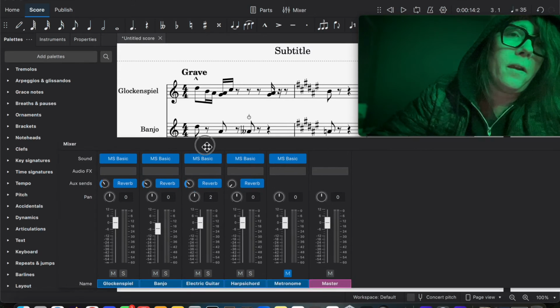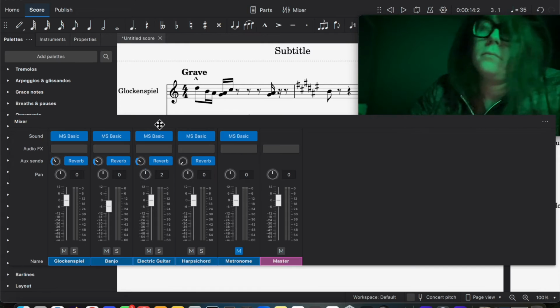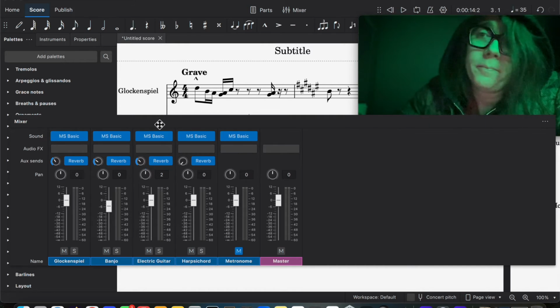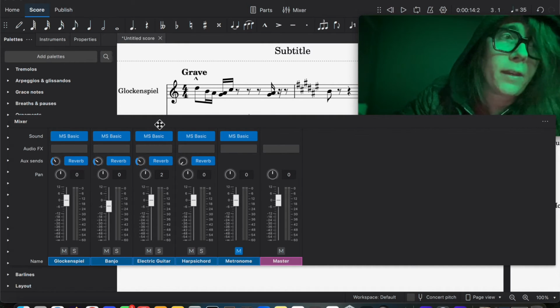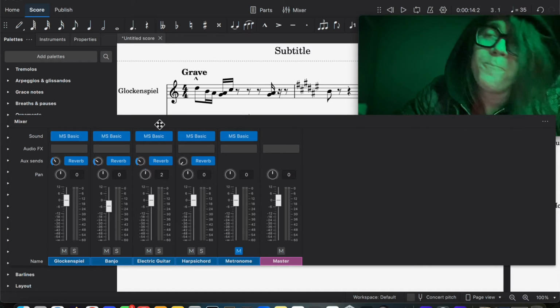Now, I was distracted by the helicopter. There's a helicopter flying over my house. So,